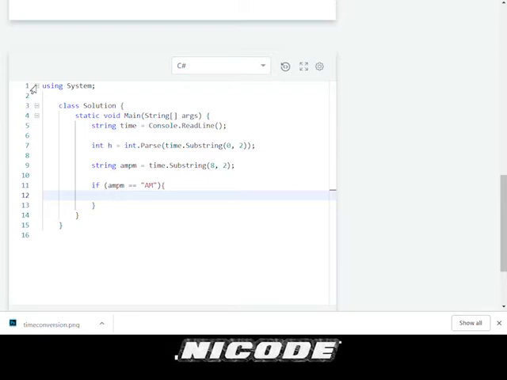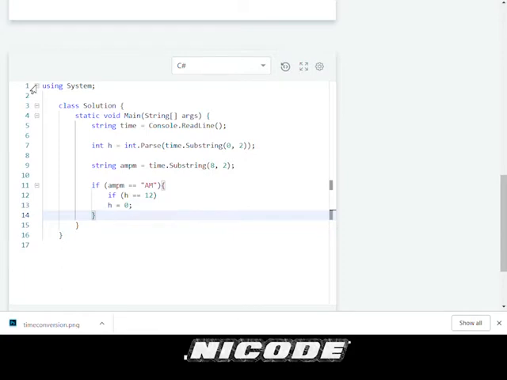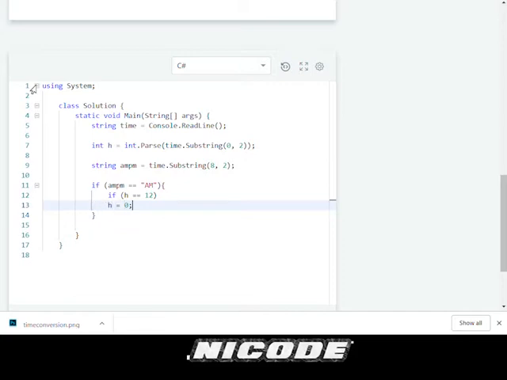This is going to be a layered if statement, so an if statement in an if statement. So if AM PM equals AM and H, our hour, equals 12, then H equals 0, right? So 12 AM is 0 AM, according to this clock. And then we will stay inside these brackets. H equals 0,